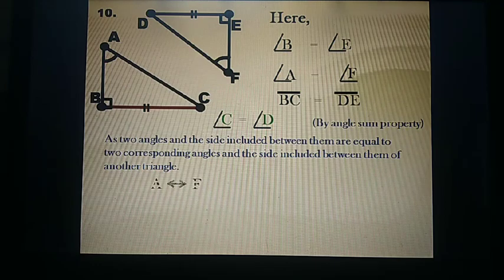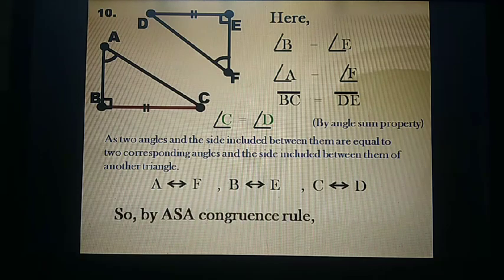Now you will find out the pairs. First A is corresponding to F. Then as per the symbolic form you will go for B. B is corresponding to E. And then you will go for C corresponding to D. So in the symbolic form we are using A as A. You will write that ABC is congruent to FED.